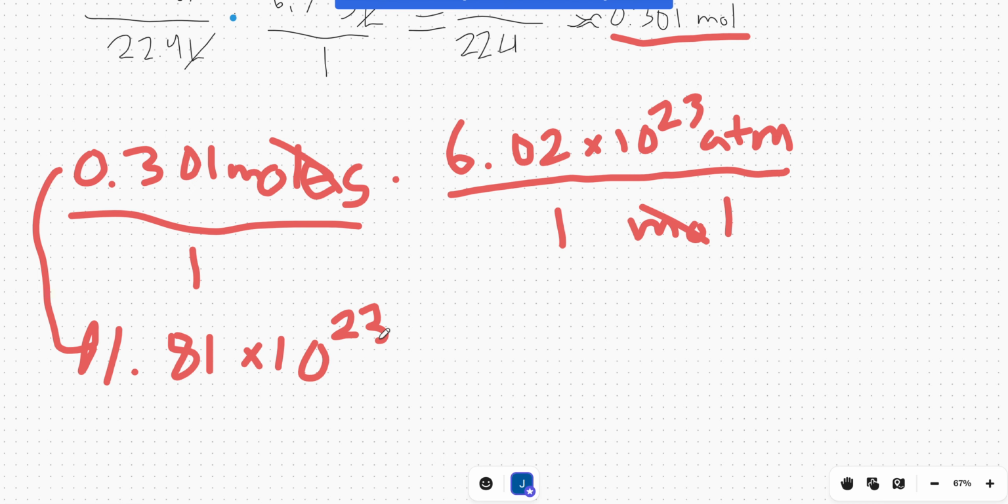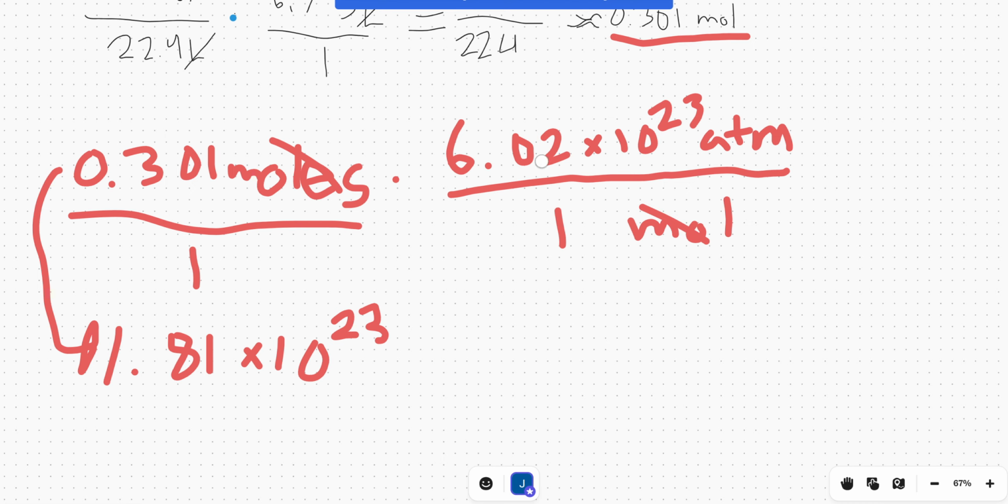Now, something interesting to note on how I did that math is that we did 0.301 times 6.02. Now, if we were to refer to significant figures, this would be 1.812, or actually it would be 1.81 because of significant figures. The reason how I did this is you just simply do 6.02 times 0.301 and you